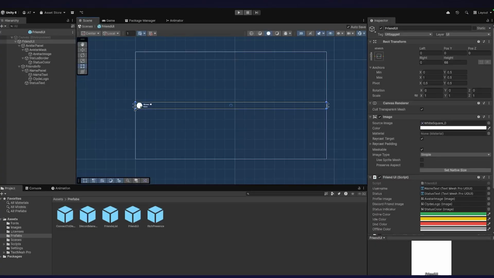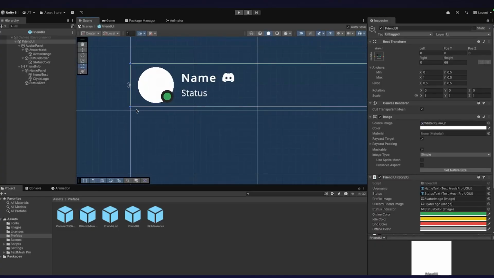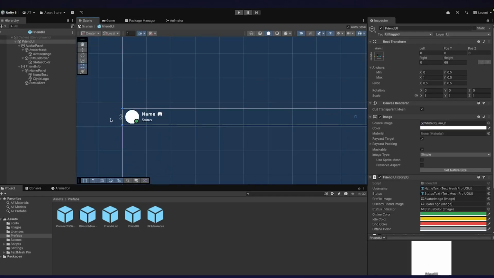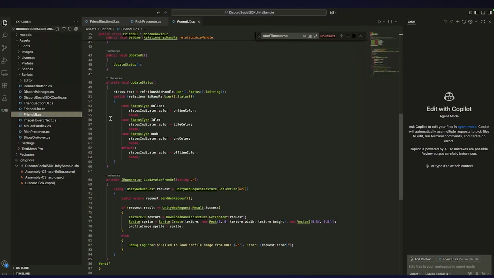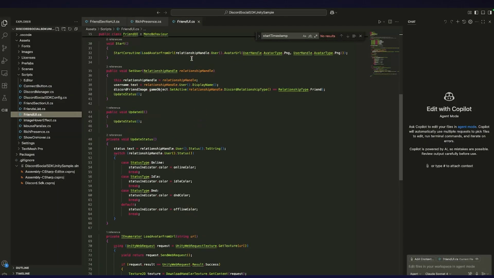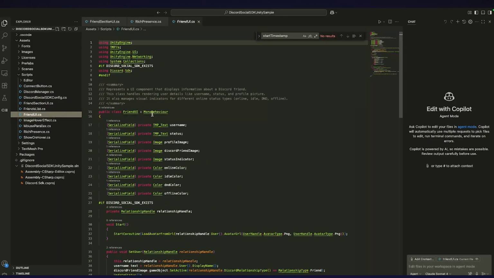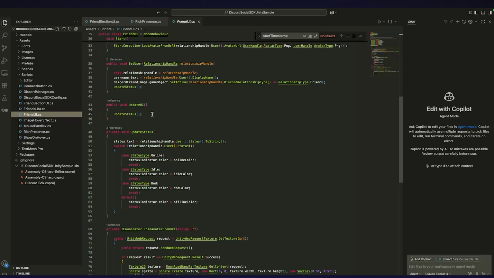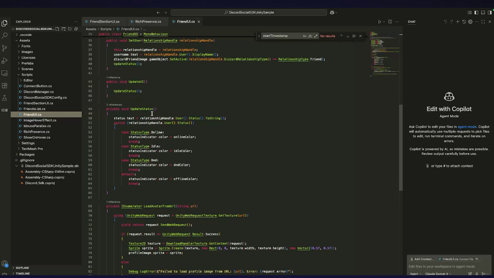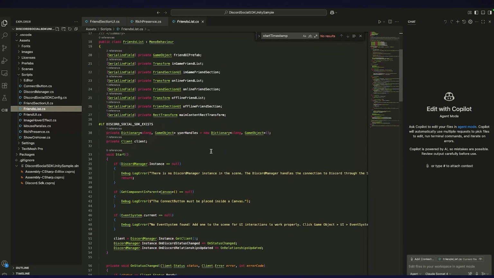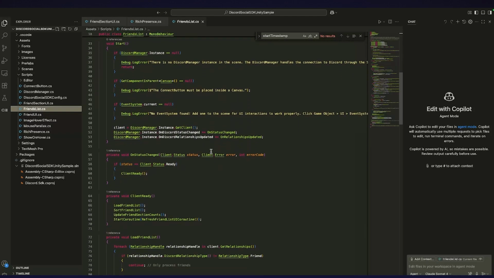So basically just kind of a dummy object. You've got the name, status, profile picture. And we'll actually modify that in a little bit to do some direct message stuff. But yeah, so this is the code that handles that. You give it a relationship handle. It goes through and populates all that information. All of that comes from the friends list itself. So the friends list